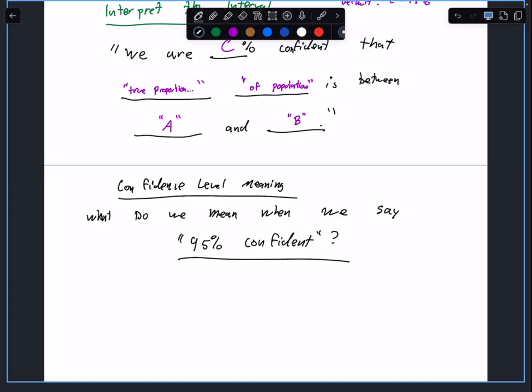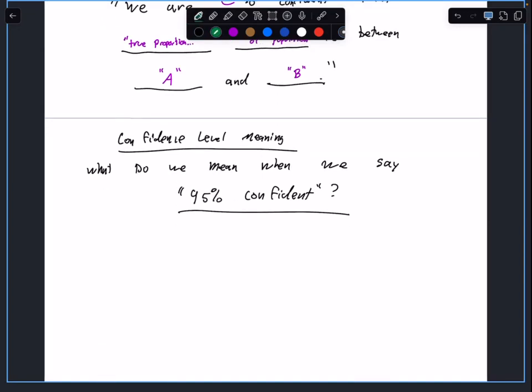The most common mistake that I get from people is they think that when we say we're 95% confident, that's a probability. They think that there's a 95% chance my answer is right, that there's a 95% chance that my p-hat is correct. No. There's a 95% chance that my interval captures it. No. It's not a 95% chance of it. What we mean is that